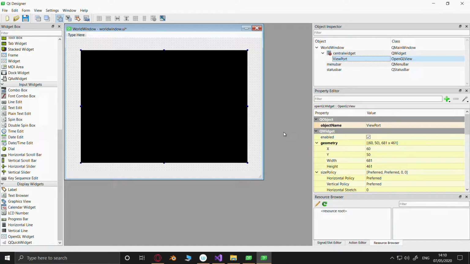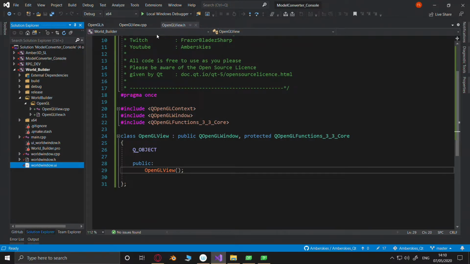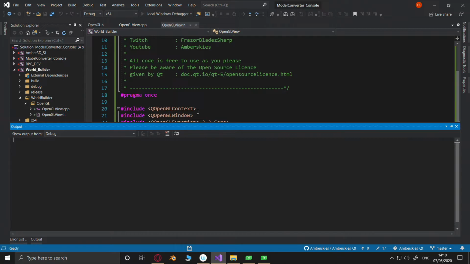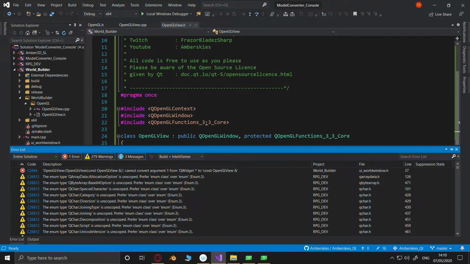Will that run or not? My answer is I doubt it. There we go. OpenGL view, blah blah blah blah. Cannot convert argument to Gui widget. Correct. It can't.